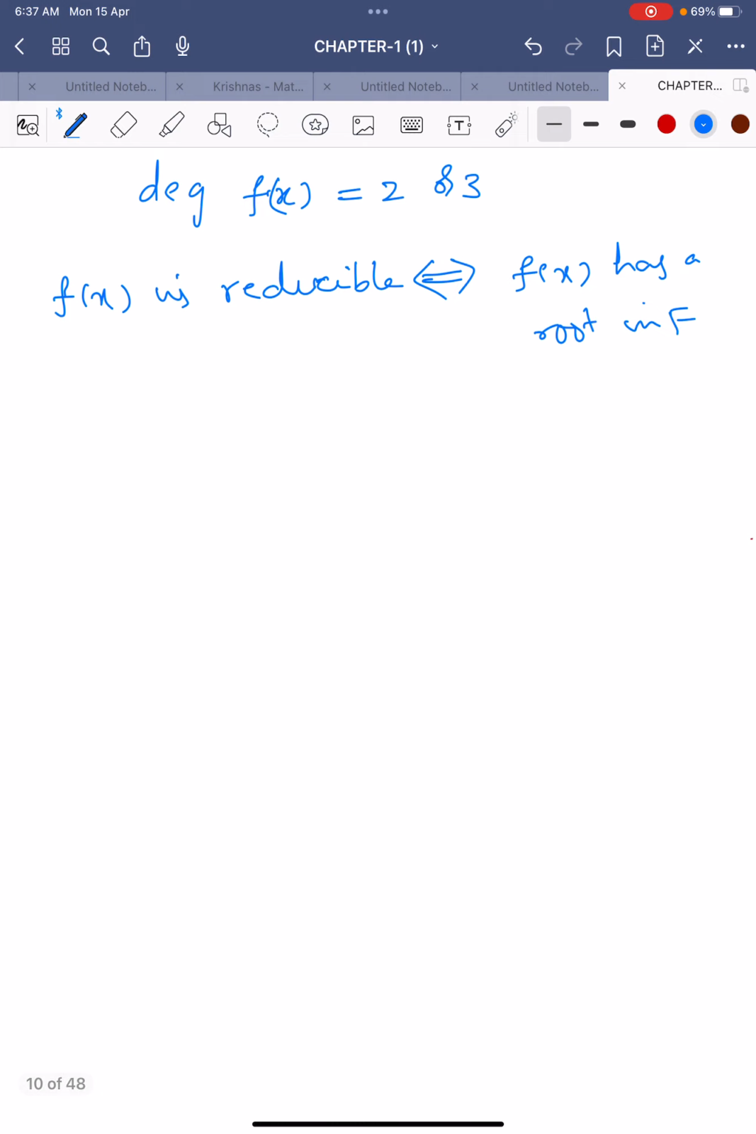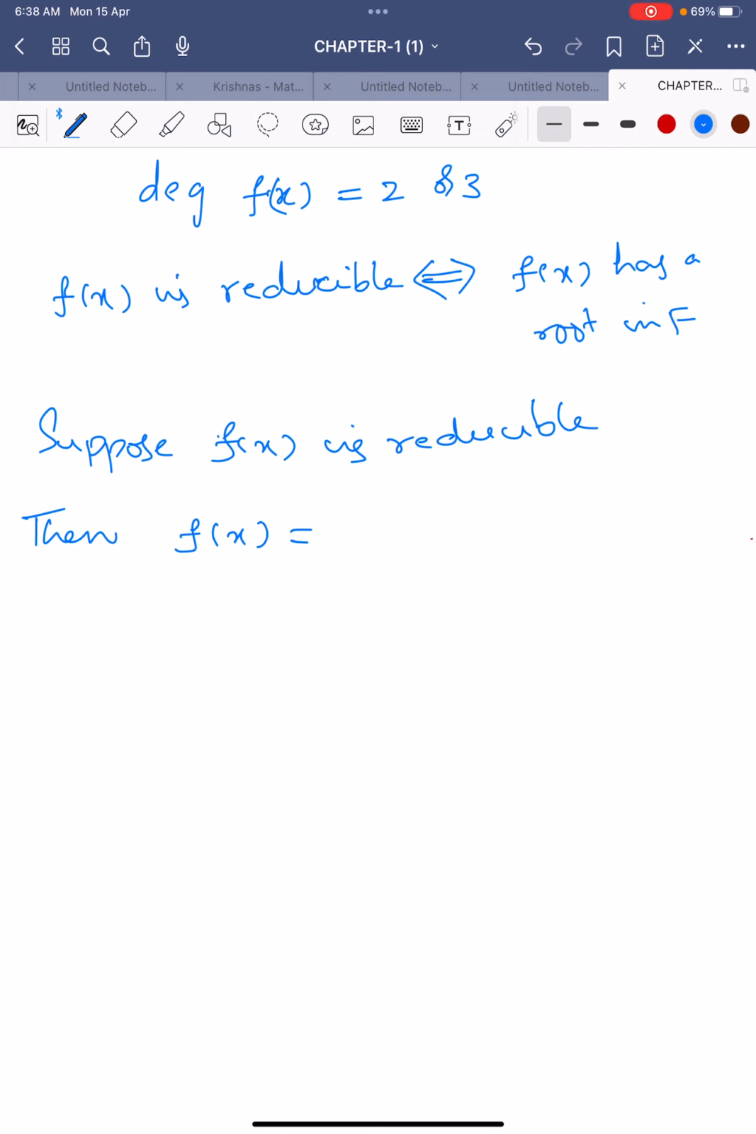To prove that, let us assume the first part. Suppose f of x is reducible. By the definition of reducibility, f of x can be written as a product of two non-constant polynomials. It means f of x is equal to f1 of x into f2 of x, where both f1 of x and f2 of x are non-constant polynomials,